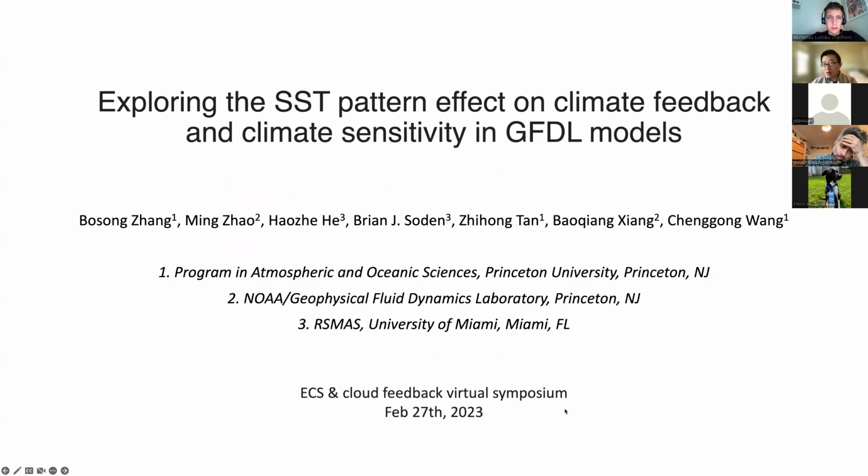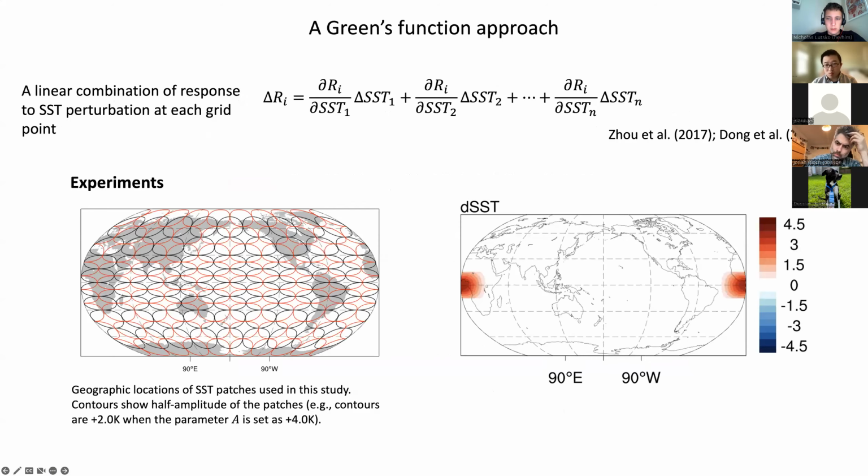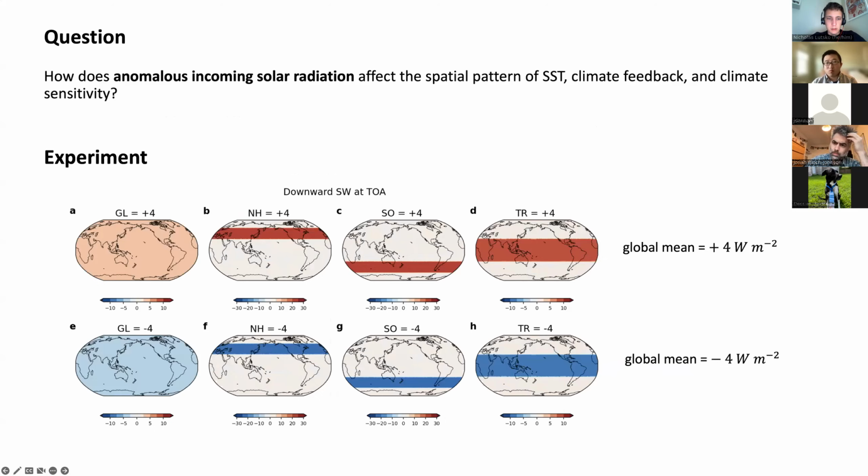Oh, I had one clarification question. I didn't quite follow when you do the solar output perturbation experiments. So it's 4 watts per square meter globally, and then when you do the regions, are you making the perturbations in those regions much larger so that if you average over the whole globe, you still get 4 watts per square meter? That's correct. If you look at the color bars here, when you add it regionally, the magnitude is slightly larger to make the global mean the same across experiments. Okay, that was my question.